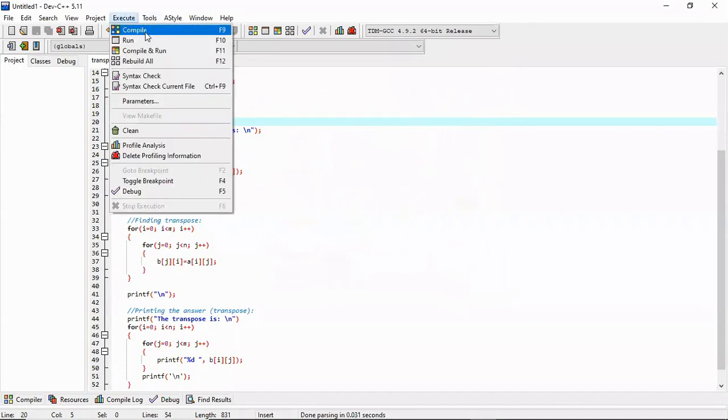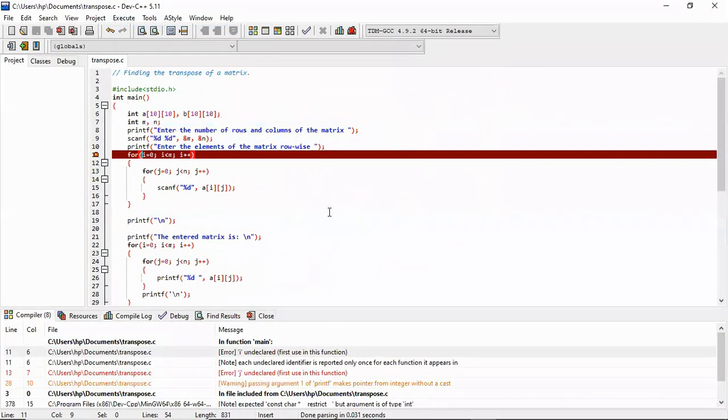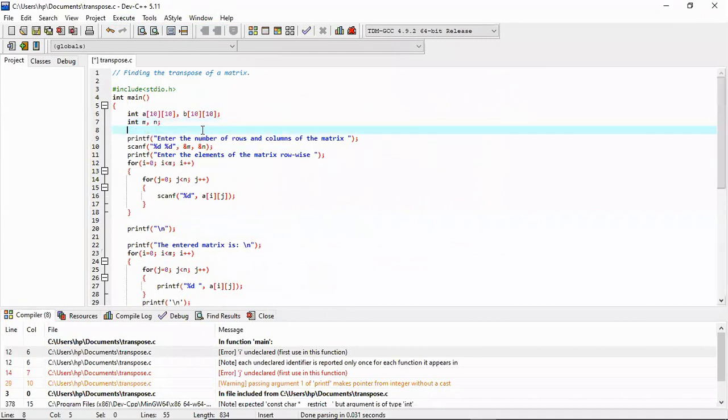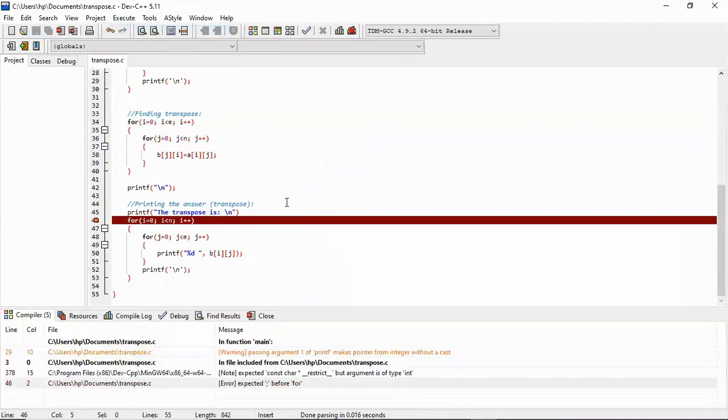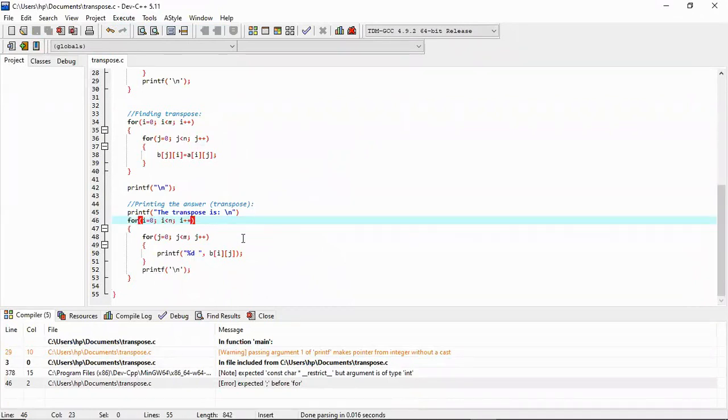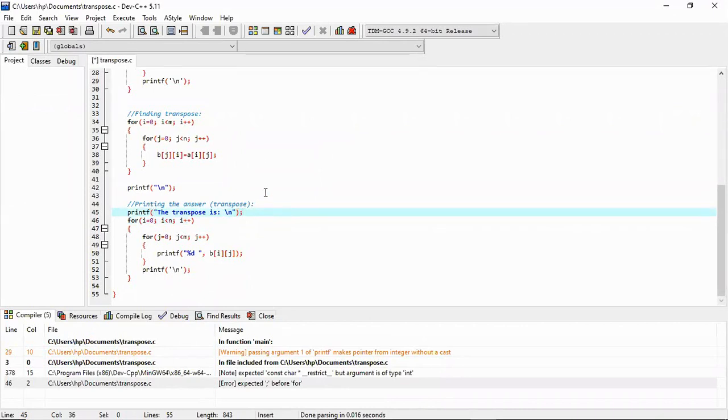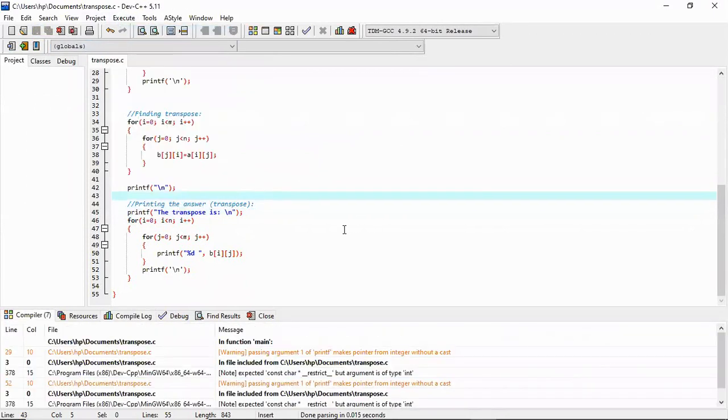And first let us compile. It is saying you have not declared this i and j. Let me declare i and j here. Save, compile. It is saying that here I have to put a semicolon. I had forgotten. Compile.